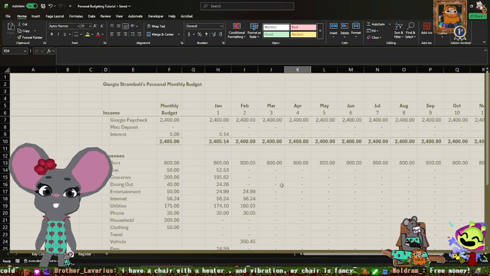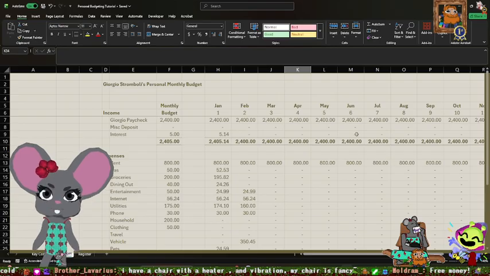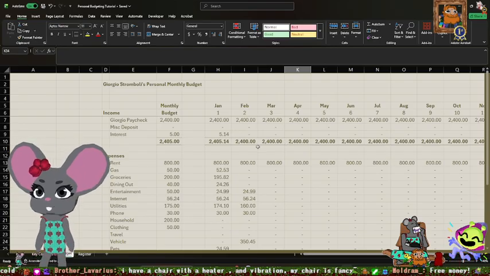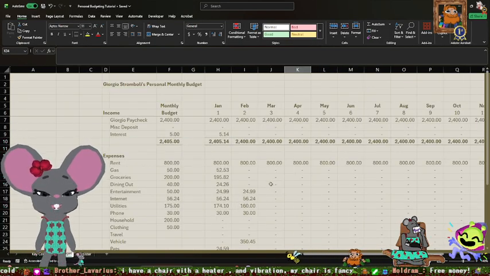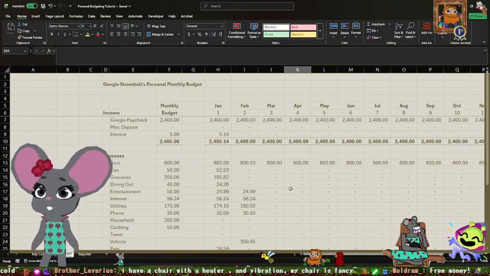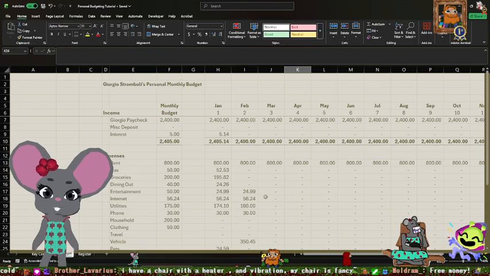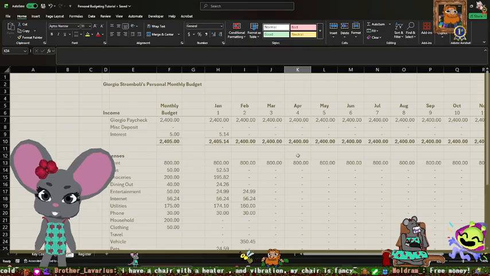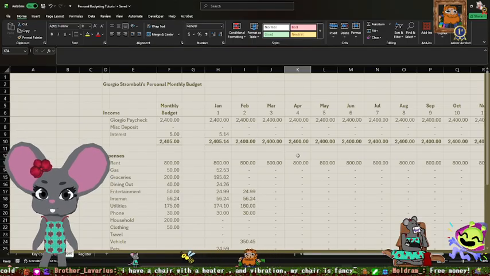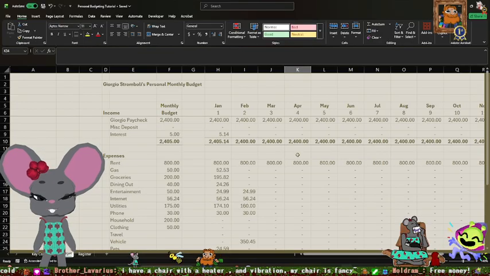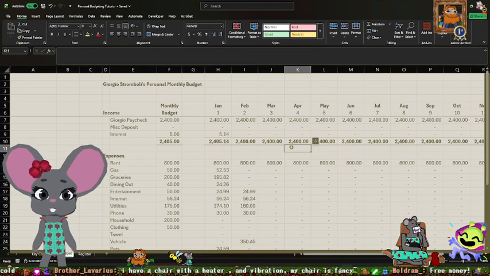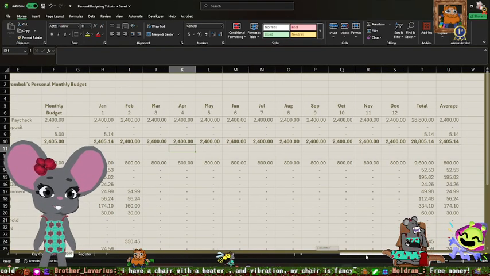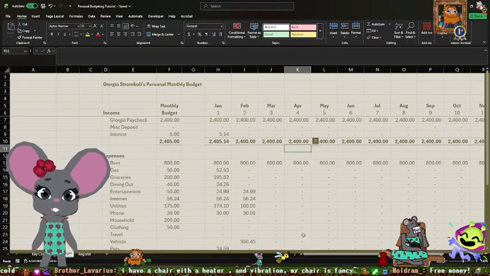So I don't know how much more content I have for this budgeting tool. I think we covered just about everything. So if you're interested in having this template, I will upload a version with this fake data and also a blank version for you guys to do whatever you want with. Feel free to ask me any questions. Let me know if you need any help. I think this is really important for everyone to understand, no matter what your financial situation is.